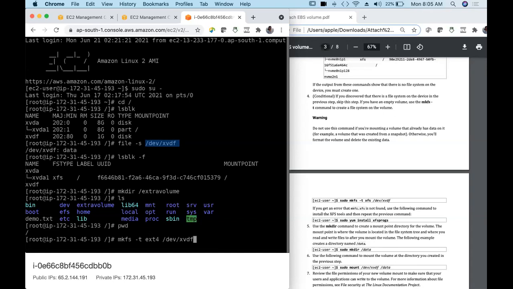So what we are saying is that this volume uses this file system. This is a newer version of the file system. The previous version is ext3. Before that we had ext2 or something.